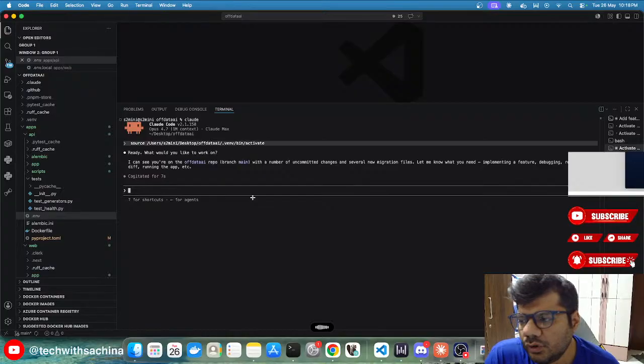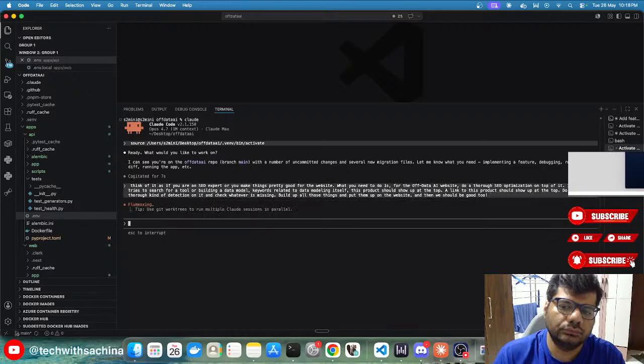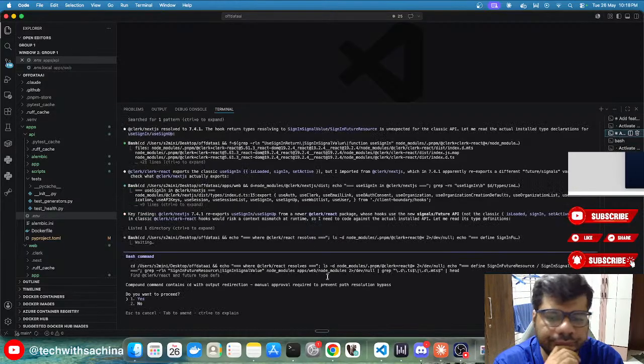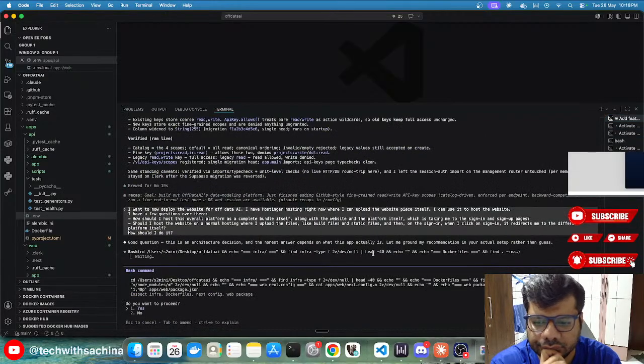What you need to do is, for the Offdata AI website, do a thorough SEO optimization on top of it, so that if anyone searches for a tool for building a data model, or keywords related to data modeling itself, this product should show on top, a link to this product should show on top. So do a very thorough detection on it, check whatever is missing, build all those things, put it up on the website, and then we should be good to go. Okay, so let's see.